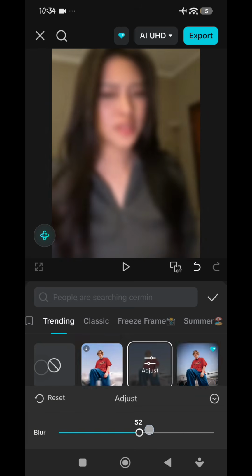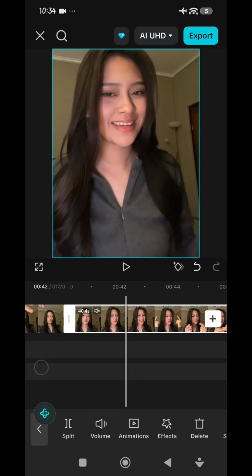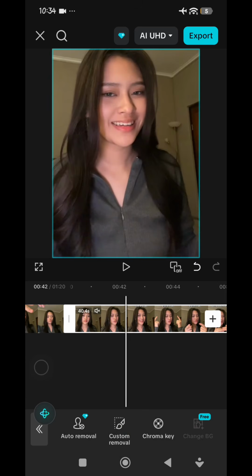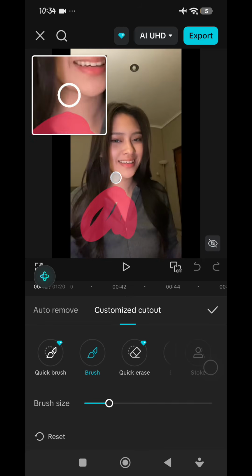Just add blur, adjust the settings to your liking like this, and then after that, for the duplicate video, just remove the background. In here, for the free user, you can use the custom removal, and then just use brush to select the main object that you want to keep like this, and then just brush the area like this,